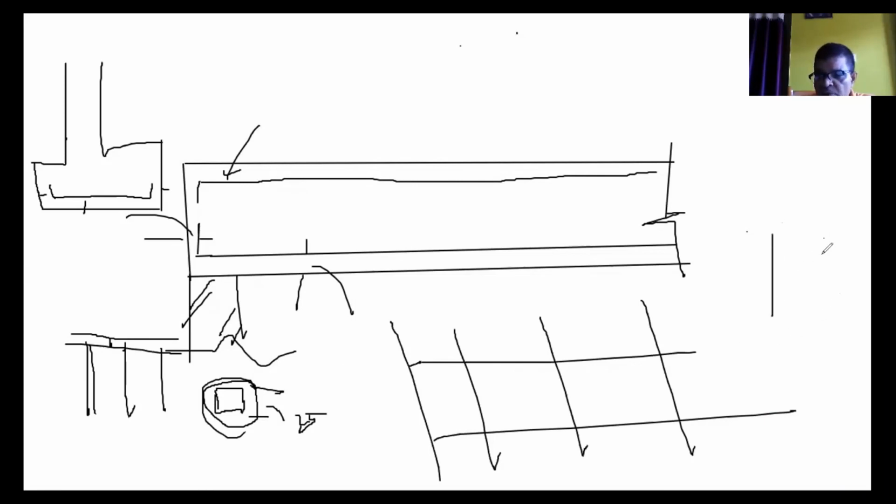In columns, you see there will be formworks on the sides. So there will be some kind of arrangement so that it will maintain the minimum cover of 40 millimeter. And again, don't confuse. The minimum cover does not mean that you cannot provide more. But what is the amount more to be provided? We have discussed. In no case the deviation shall be more than 10 mm. If it is 30, you can go up to 40. Not that it is required 30 minimum, you can provide 60. That we have already discussed. So minimum cover shall be maintained for all kinds of structural components during construction.